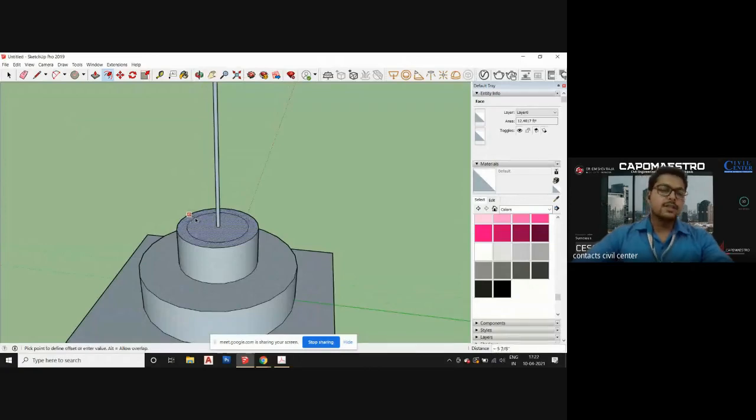So it will not just select the surface, it will select the boundary of the whole figure, and you can either create an offset inside or outside. So you can also specify the distance. So let's specify the distance to 5 inches. Okay. Then again, take the offset of the inner circle and make it 5 inches.